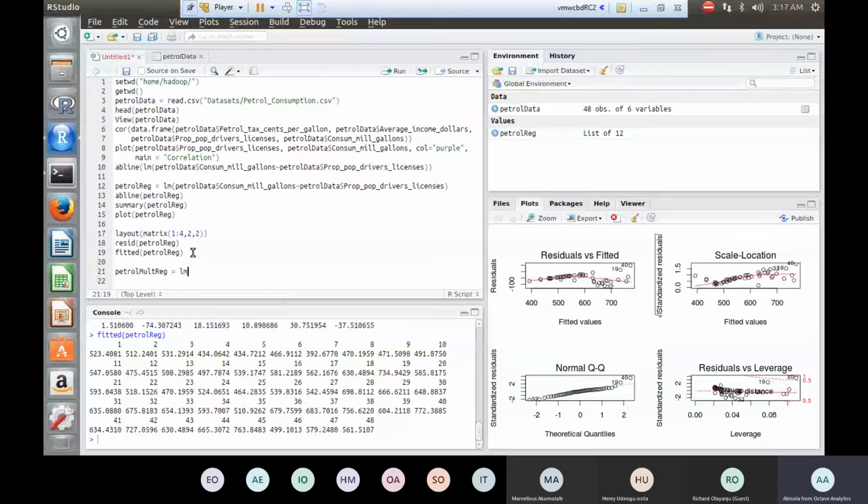LM, we're checking the regression for petrol data against this. Then petrol data